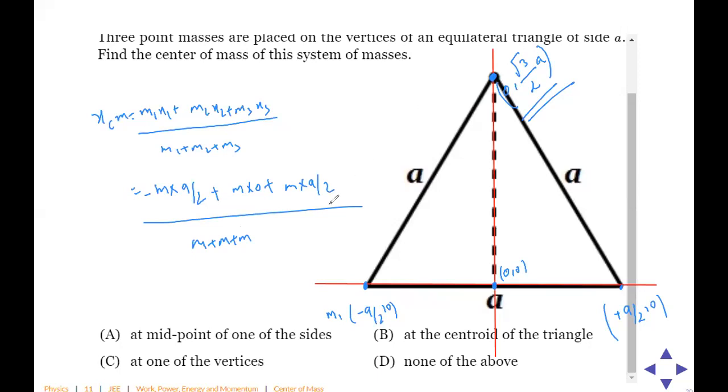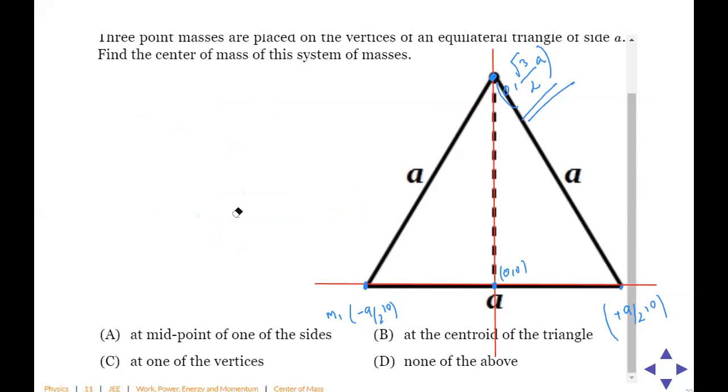0. Awesome, very good. So this is equal to 0 because ये और ये कट जाएगा ना, और ये तो 0 ही है. तो 0 plus 0 will become 0. तो XCM change नहीं होगा. Means the center of mass lies on this y-axis. Yes or no? The center of mass will lie on this axis. Anyone have any doubt in this? यहाँ तक सबको समझ में आ गया? Yes or no? I guess all of you understood this concept,